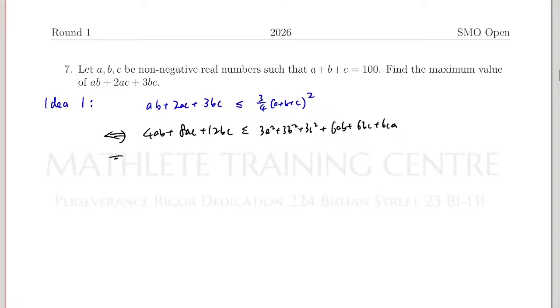Okay. So this is the same thing as saying you have 2ac and then 6bc is at most 3a squared, 3b squared, 3c squared, and then plus what? Let me see. There's 2ab left over, okay, that's it actually. Now why is this true? Well, here you notice that there's two terms involving C, right? So our C term is spread pretty thin. And in fact, if you use, let's say, 3b squared and 3c squared,